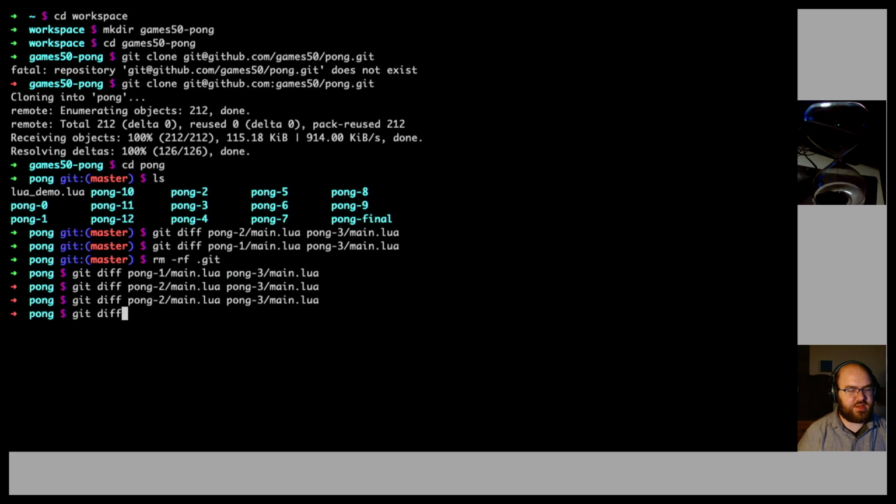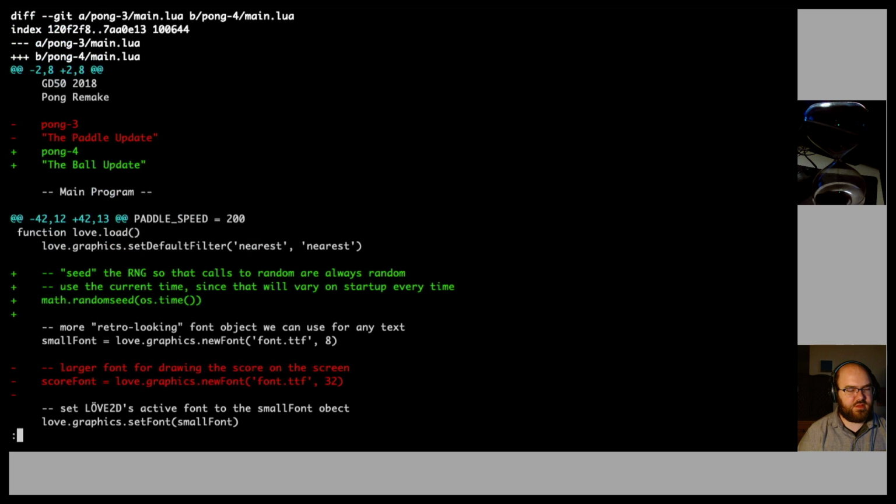So can I do a git diff of Pong 3 against Pong 4? Nice, thank you, Git. Pong 4, the ball update. Seed the random number generator so that calls to random are always random. Use the current time since that will vary on startup every time. math.randomseed(os.time()). Okay, so I'll have to read some documentation on